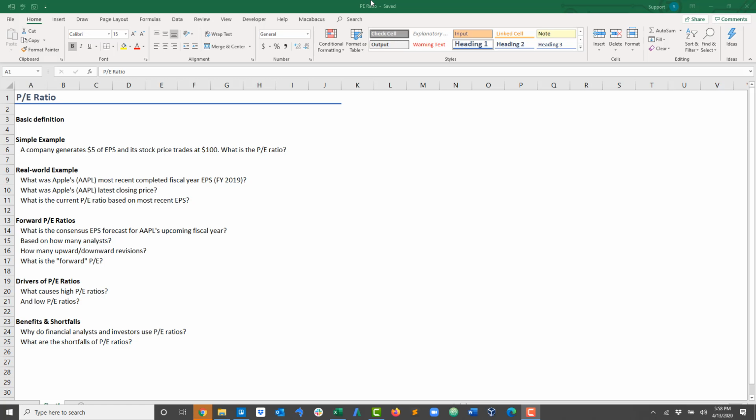Let's use a simple example. A company generates $5 of EPS, standing for earnings per share, and its stock price trades at $100. What's the PE ratio? Well, it's price divided by earnings, or earnings per share. 100 divided by 5 is 20. So the PE ratio is 20, or 20 times. Usually we denote that as 20x, meaning for every $1 of earnings, you're willing to pay 20 times that earnings